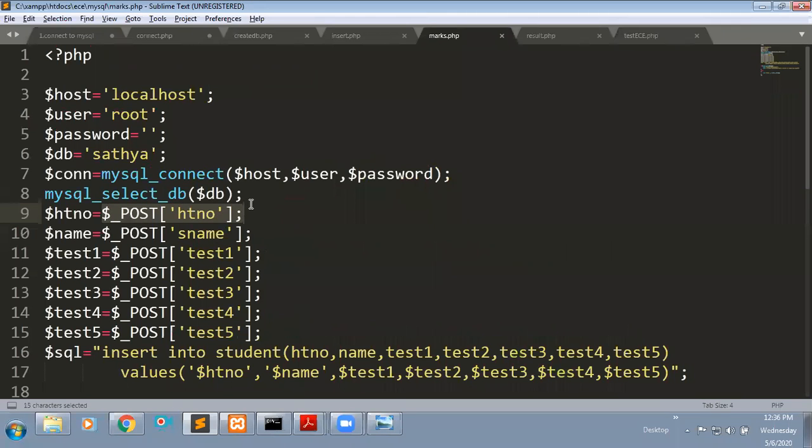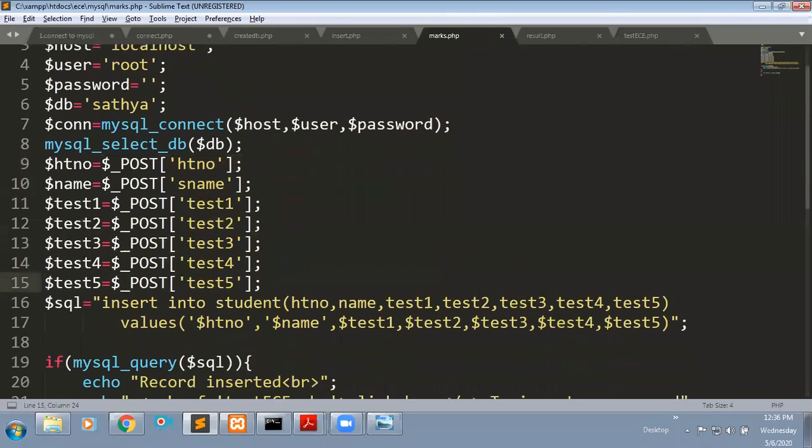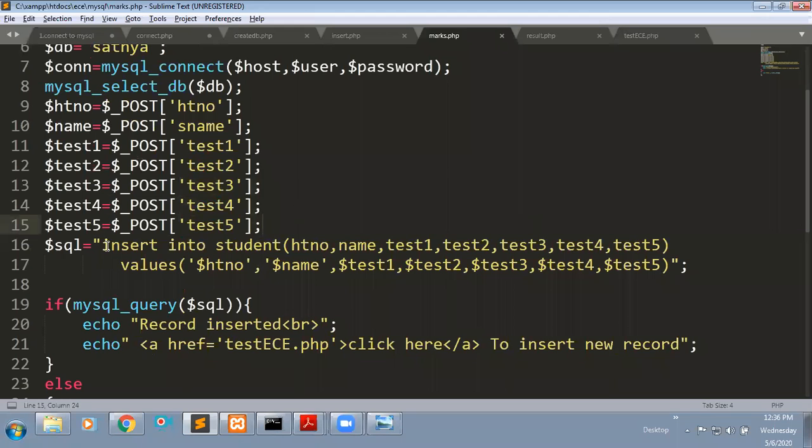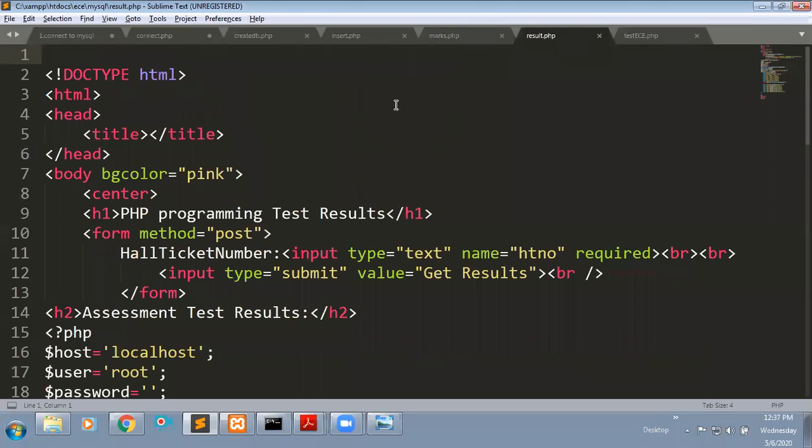This reads the hall ticket number and all the test marks, and after that I inserted the data into the database. Same operation as we did just now. I inserted the data and executed the query, whatever query I have written here. Then I retrieved the results by using this program.